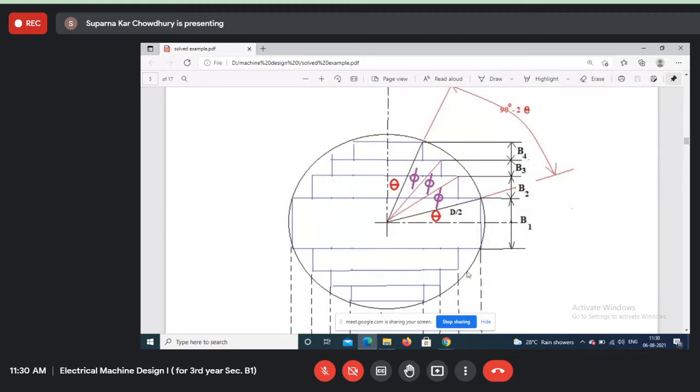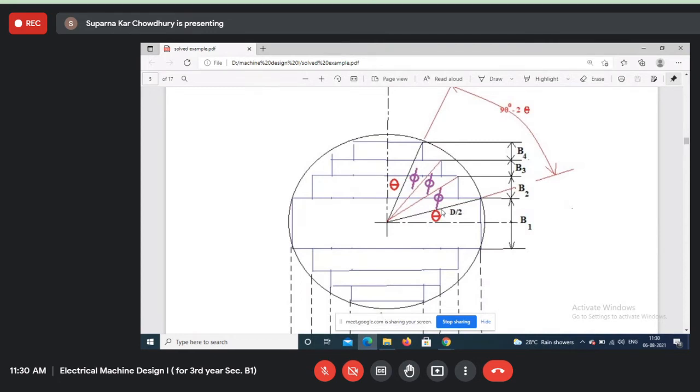So this point actually should be on this here. And we want that this B1 should be equal to AN. For an N-step core, that should be AN. So for this particular example, B1 should be equal to A4. For that, what we do is